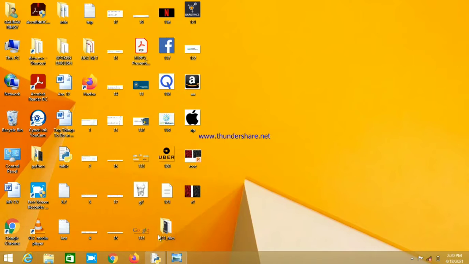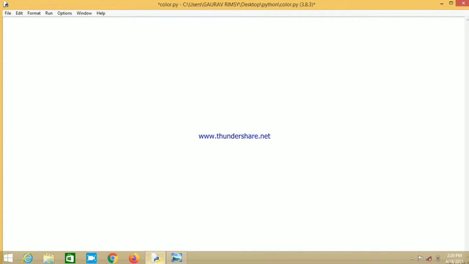Let's move on. This is my file that I have saved with the name color.py. You can save it with any name; the extension is .py. To start with, first of all, we are going to import cv2. As it is already installed on my system I am telling you, but you need to install it using the pip install command. Basically, my dear viewers, what is cv2? cv2 is a library of Python that is basically designed to solve computer vision problems.